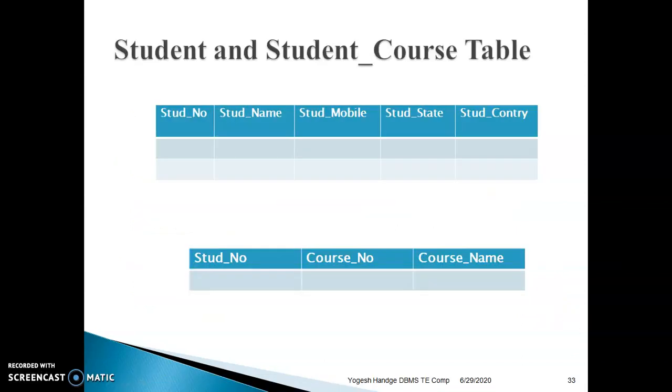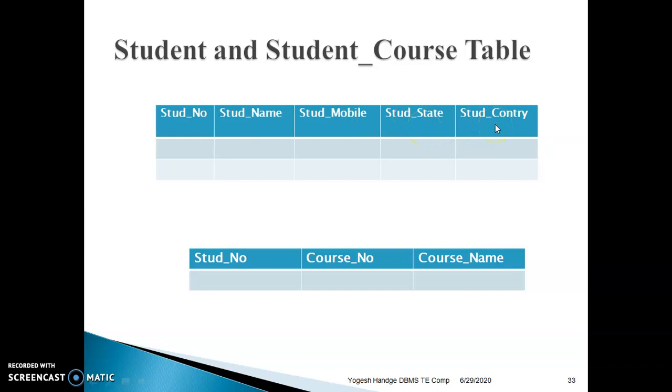In this slide, there are two tables. One is student and another is student course table. The student table has different attributes, different columns: student number, student name, student mobile, student state, student country.